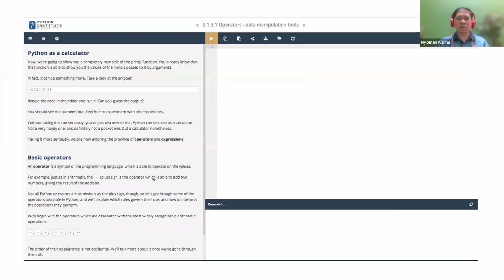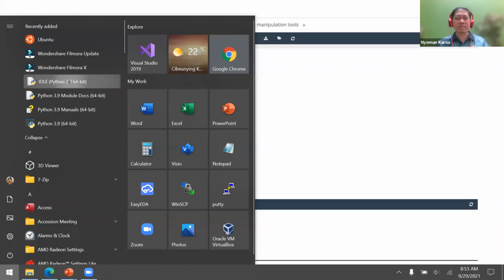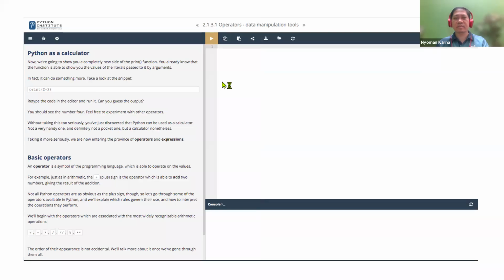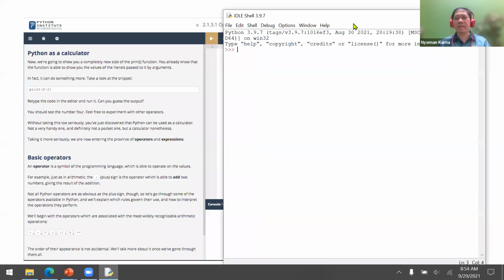Let's try to use those operators in IDLE. Okay. Now, a is 2. b is just 3.